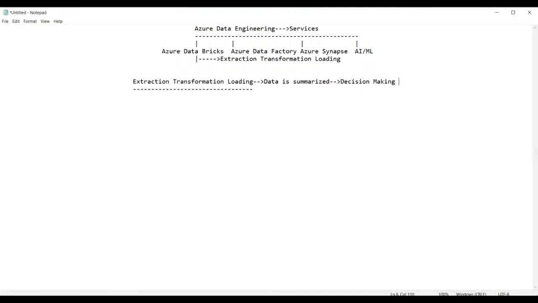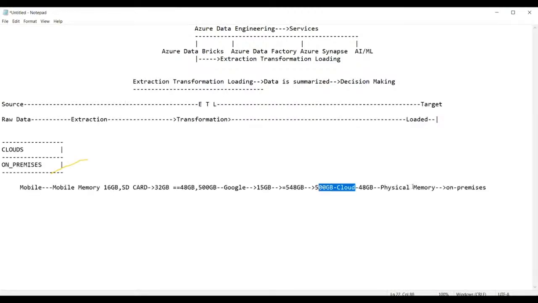So what is this process? The process of extraction, transformation, and loading basically requires the following: a source, and the next one, a target.